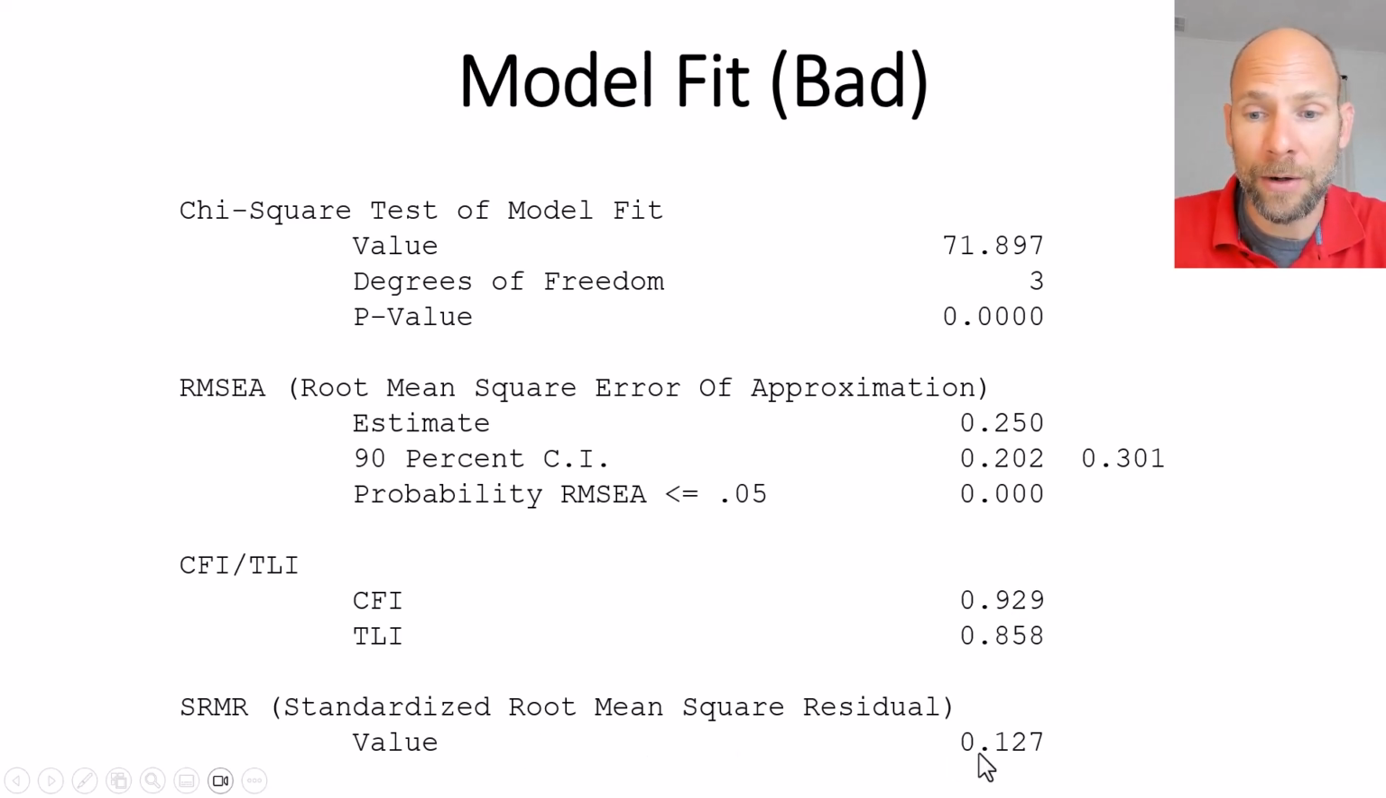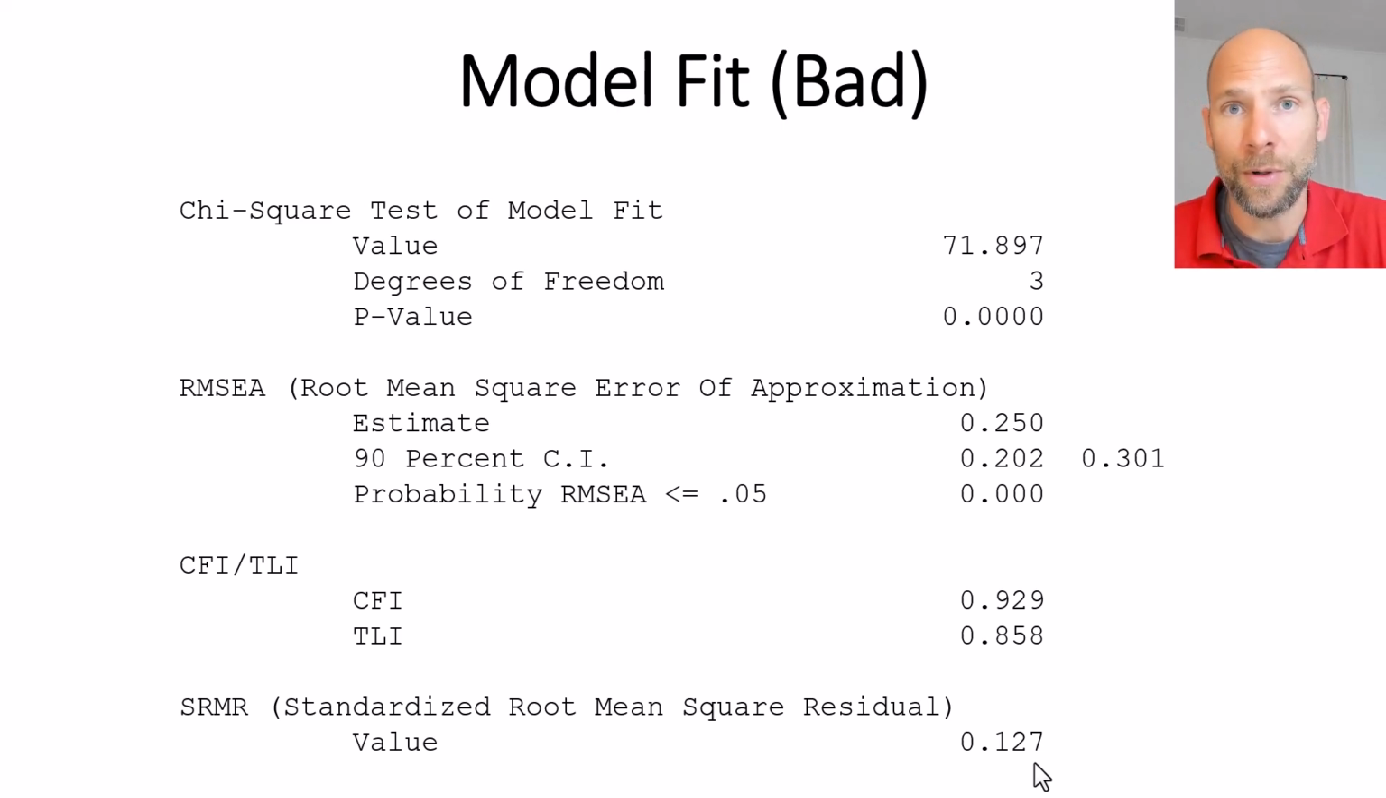And the SRMR is also huge with a value of 0.127, indicating that there is a large average residual in our residual covariance matrix, which is indicating that the model does not reproduce the observed variances and covariances very well. This model does a poor job. It's underfitting the data. There's not enough in the model to reproduce our observed variances, covariances, and potentially the means also. So this model would be absolutely rejected, and there would be no way we would use this